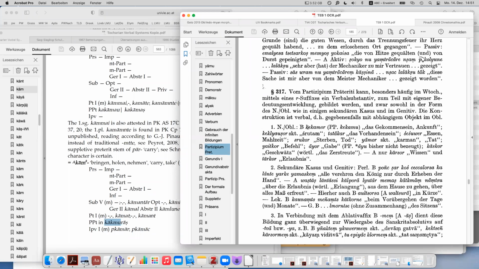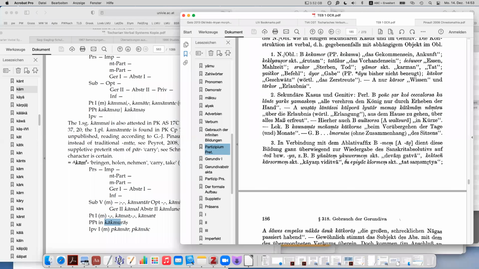And then for come, to come, to go, you can build kekamor, das Gekommensein, or Ankunft. And for the root I, to give, you can build a yao, to gather, and so on. Okay. And then another important